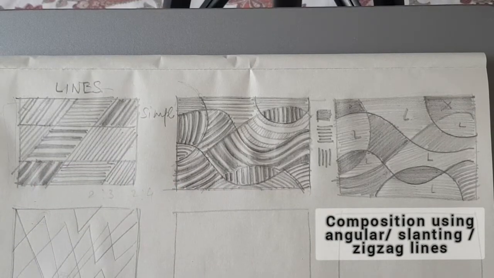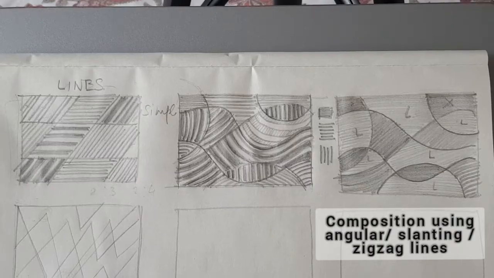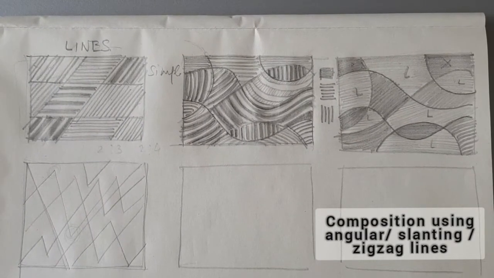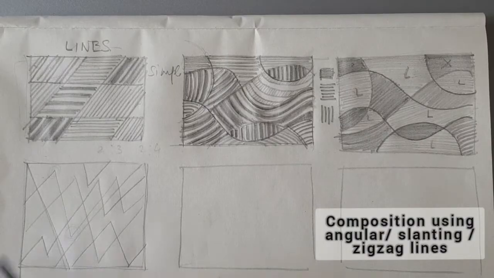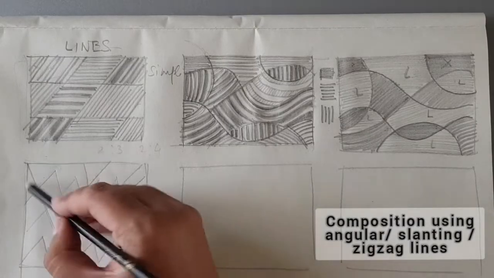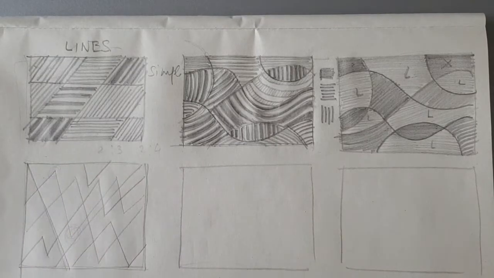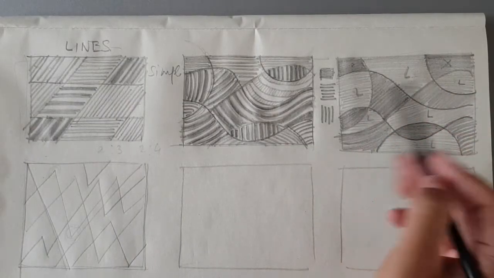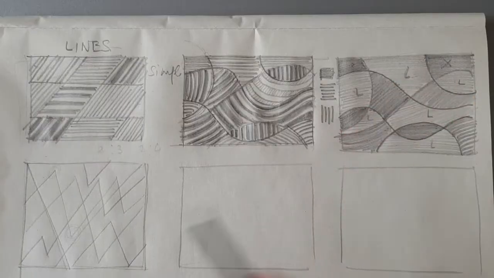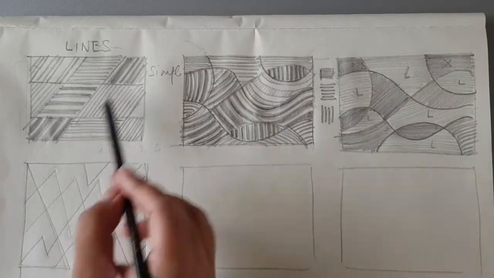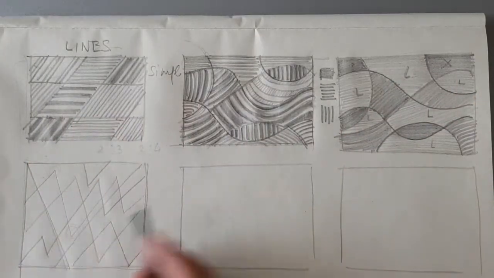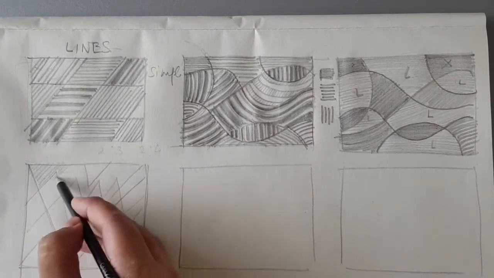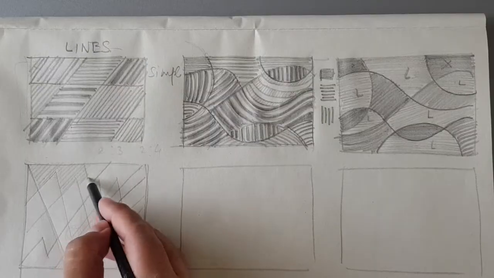So in this composition, if you see, we have a different variety of ideas. We have different types of zigzag lines, and in this case we have many ways of shading it. Again, we can use the same technique of shading with different tones of shades, or maybe different densities of lines, like the 1 and 2 options. So this option has a lot of opportunities, a lot of ways in which we can make it look very interesting.